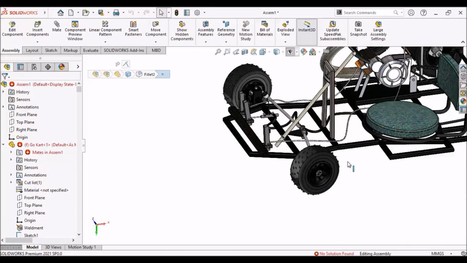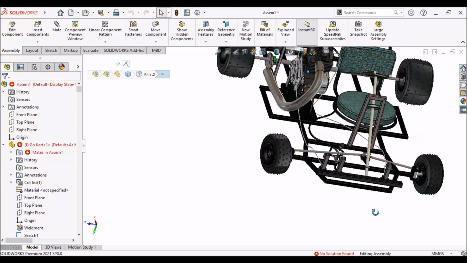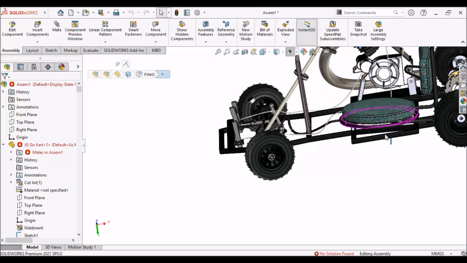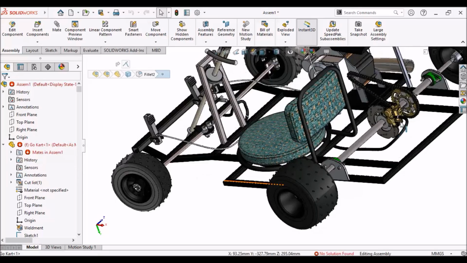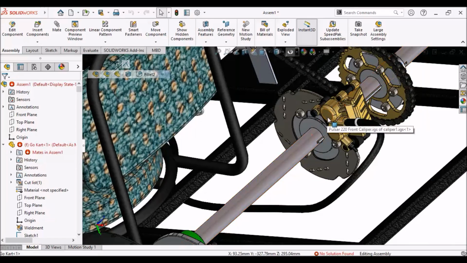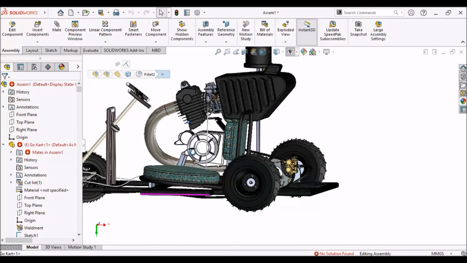Yeah, it's an automobile. It's a steering, and it's a tire, and it's a clutch, and it's an engine, and it's a go-kart vehicle. It's a power transmission system, and it's a shaft, and it's a disc, and it's a caliper, and yeah, you can perform CFD simulation also.